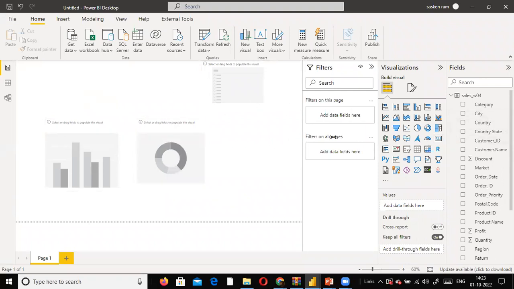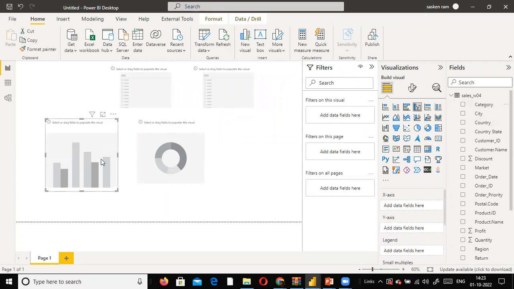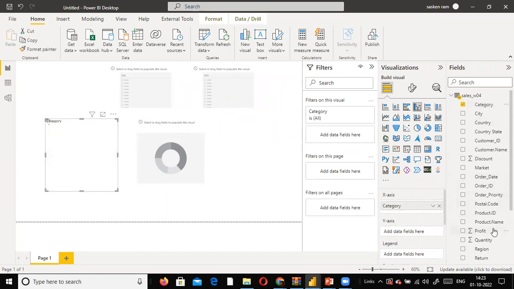And I'm going to create one more slicer. Slicer, I just click on it. Yes, I'm done with this. And the next one is I just take the simple data here and category and